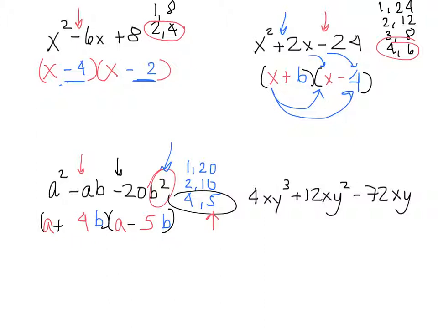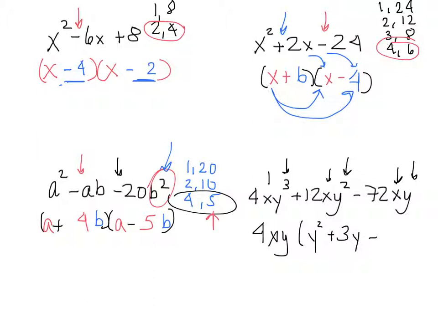And looking at this example, always the very first thing that you need to look for is a GCF. I see that I have 4, 12, 72. I know that 4 can go into both of those, so I'm going to pull out a 4 as a GCF. I see that I have an x here, an x here, and an x here, so I know that x is a GCF. I see that I have 3 y's, 2 y's, and 1 y. I know I can take out at least 1 y. That will leave me with y squared plus 3y